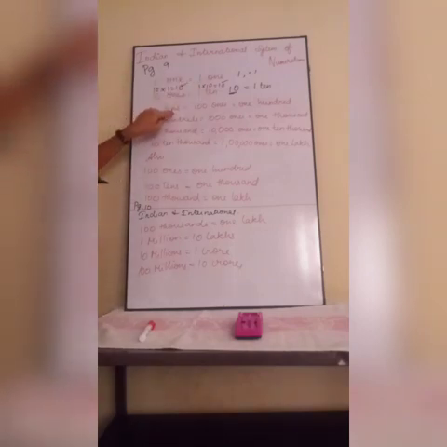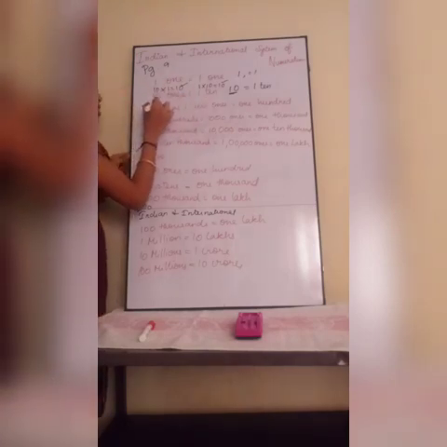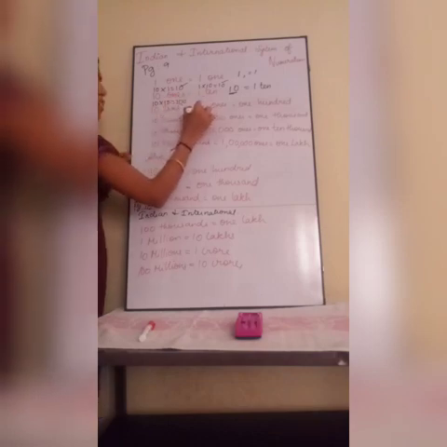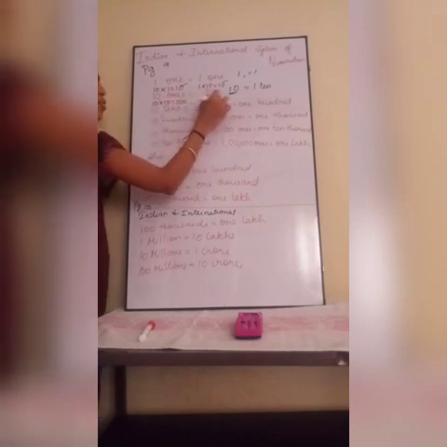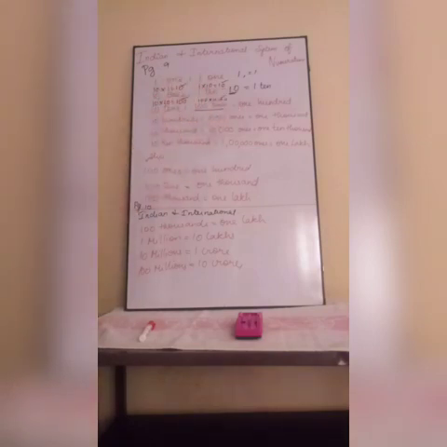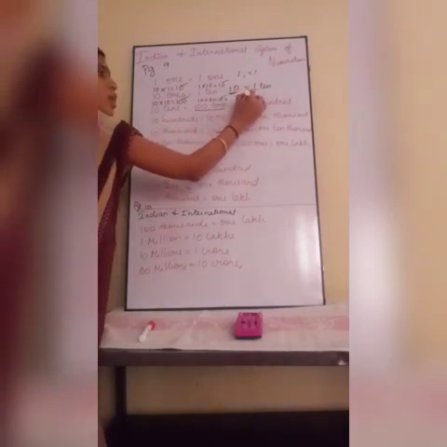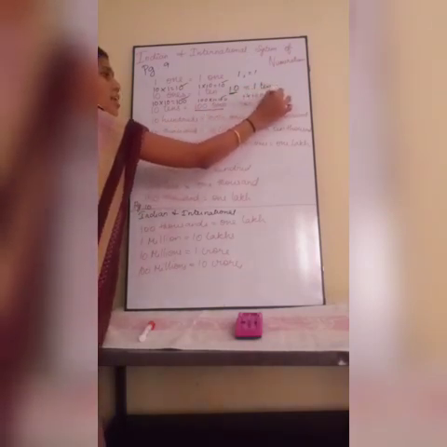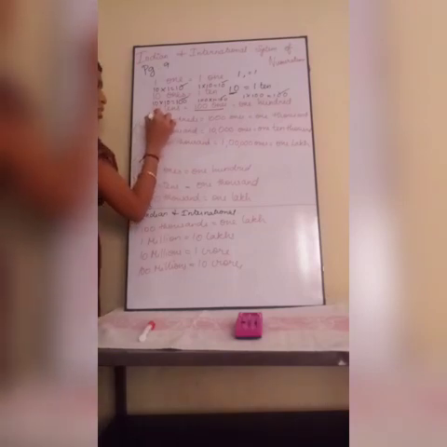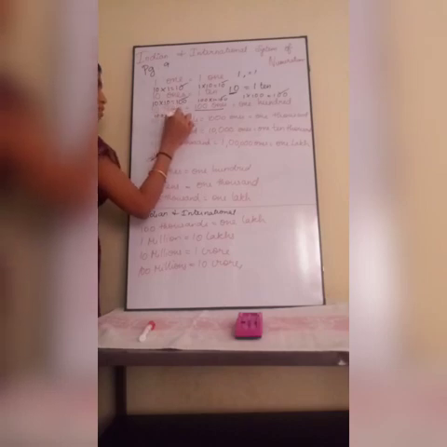Then 10 tens are 100 ones. 10 tens means 10 into 10, you can write it as 10 into 10, 100. Here what they have given? 100 ones. 100 into 1, 100. This is also 100. Next, 1 hundred. 1 into 100, how will you write? 100. This is also the same. You can work these out yourself in your book or rough note, children. Okay, 10 hundreds. 10 hundreds means 10 into 100, which is equal to 1000, right?